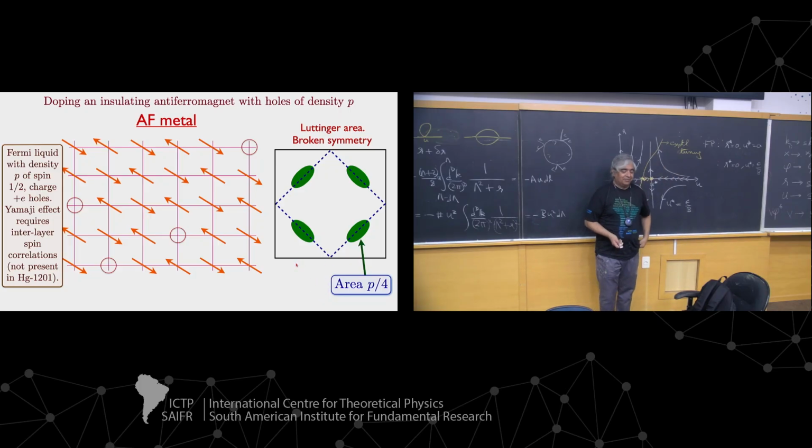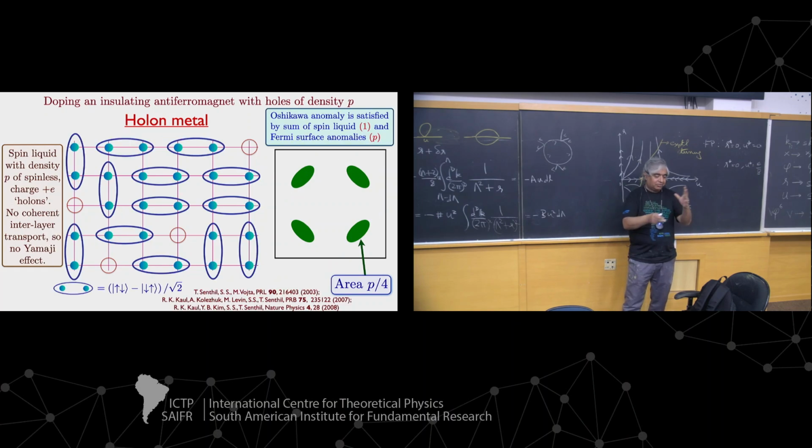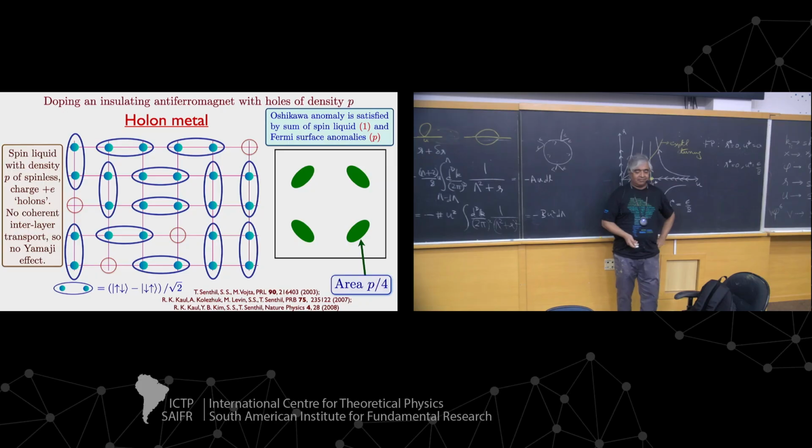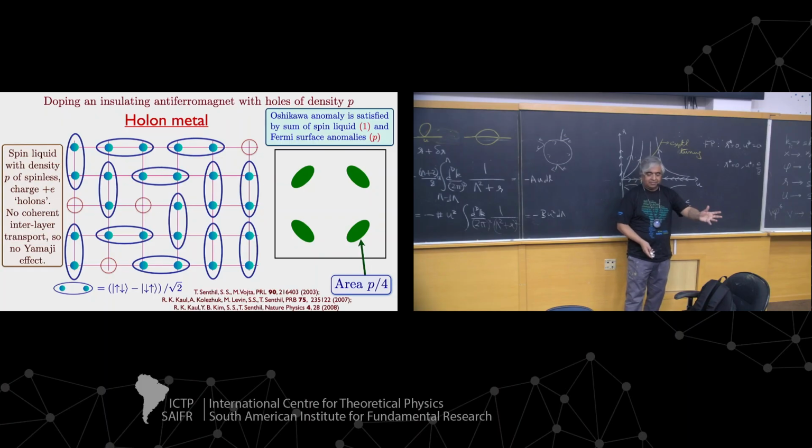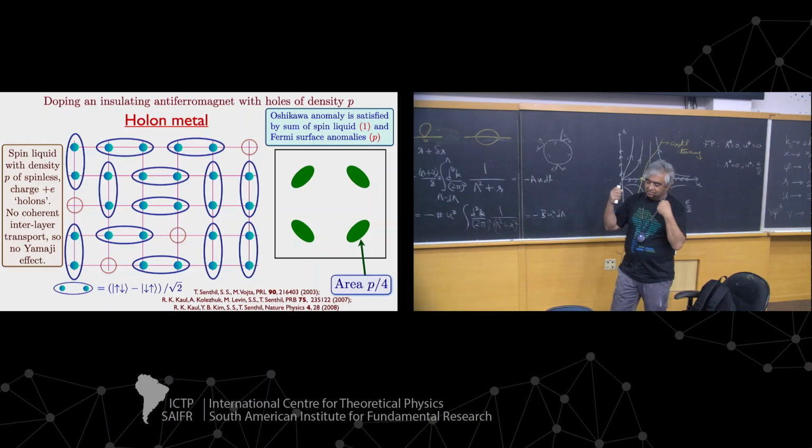Okay, so what is the other possibility? Well, maybe it's a spin liquid. So I showed you the spin liquid of these resonating valence bonds, and I put in a few holes. Now as I resonate the bonds, these vacancies move around. And you can see that as these move around, they're carrying charge. The charge is E. For them to move, charge E has to move around. But they're not carrying any spin. Spin is 0 everywhere. It's a set of singlets in which there's a vacancy moving. That's an object that has charge but no spin.